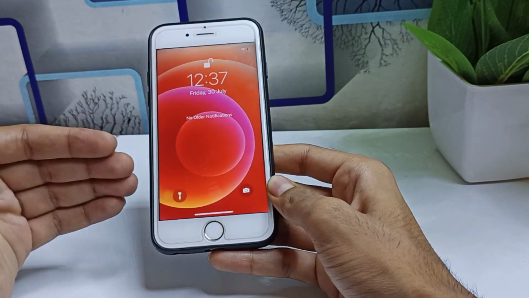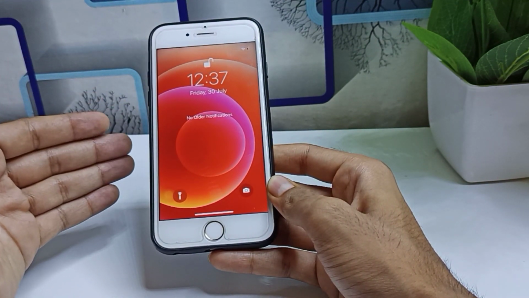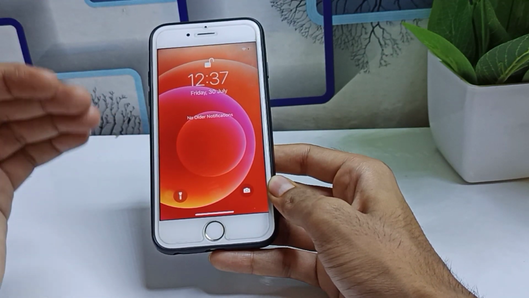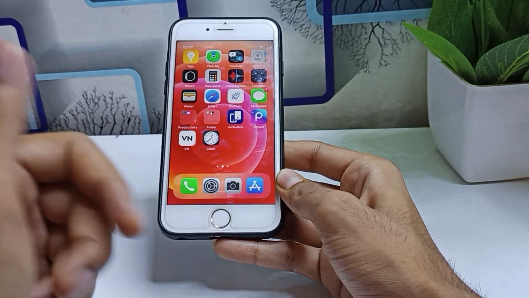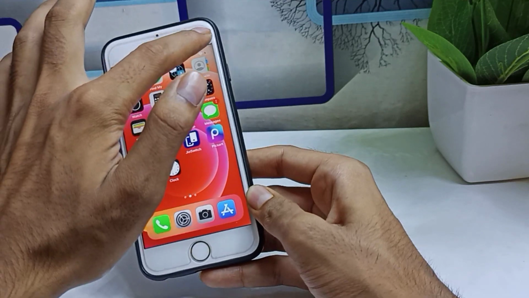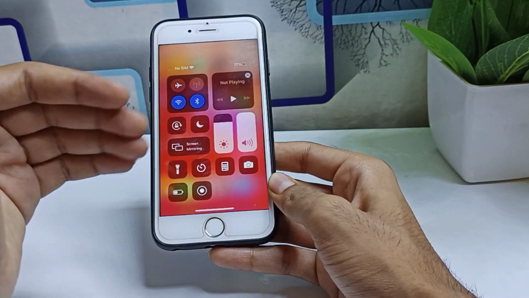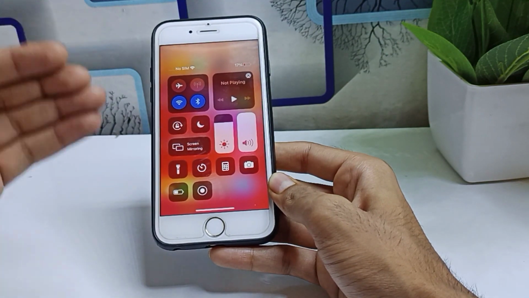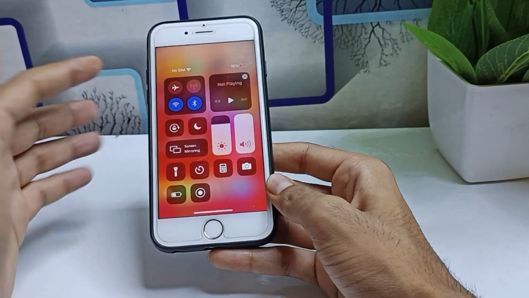The method and process I will show you in this video today, you can apply to any iPhone, like iPhone 5s, 6, 6s, any model device that has a home button, you can do this easily. And also if you want to enable this type of gesture on your iPhone 5s and iPhone 6, then I will give that video link in my description, so go and watch that video on how you can use this type of feature on iPhone 6 and iPhone 5s.